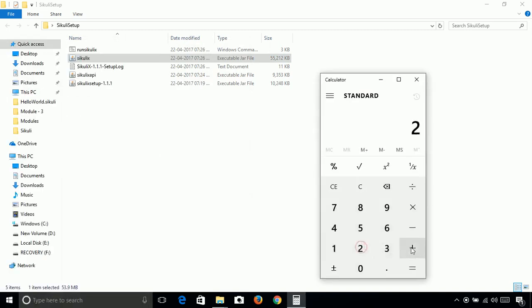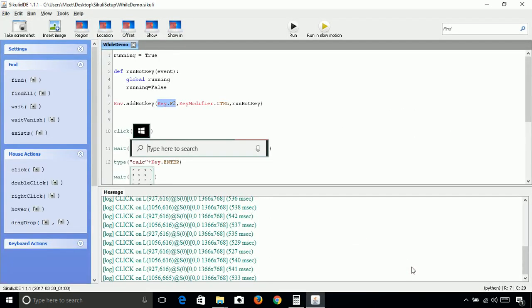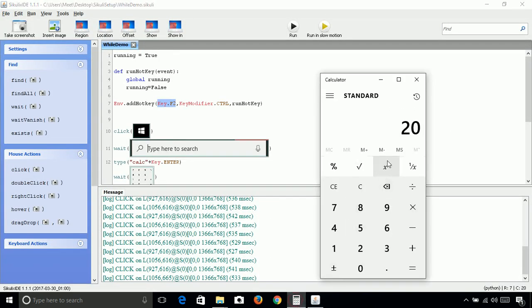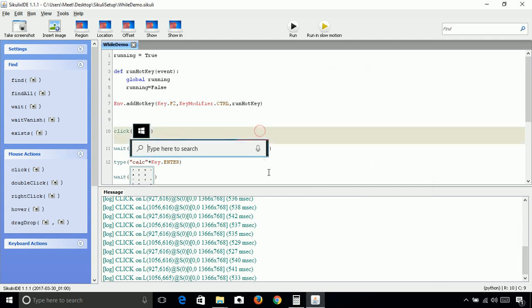Then it is 2 plus 2 plus 2 plus 2 plus 2. So it will add 2 indefinitely until we press Ctrl plus F2. Now let me press Ctrl plus F2, and it has stopped executing, and we got the result, that is 20. When we pressed Ctrl F2, it called this function, run hotkey, and then it made the running false.